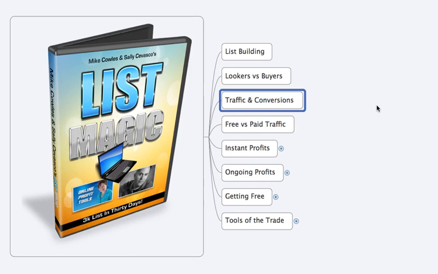So the things to split test to get those conversions are obviously your headline, rewording it, things like "I want this" versus "I need this," or "this is incredible" versus "this is amazing." Because it's free, there's no price to split test. If it was an offer you're paying for, the price would be the biggest differentiating factor for your split testing. So the headline is one. Another that typically adds 10 to 20% to your opt-in rate is having an exit pop-up.